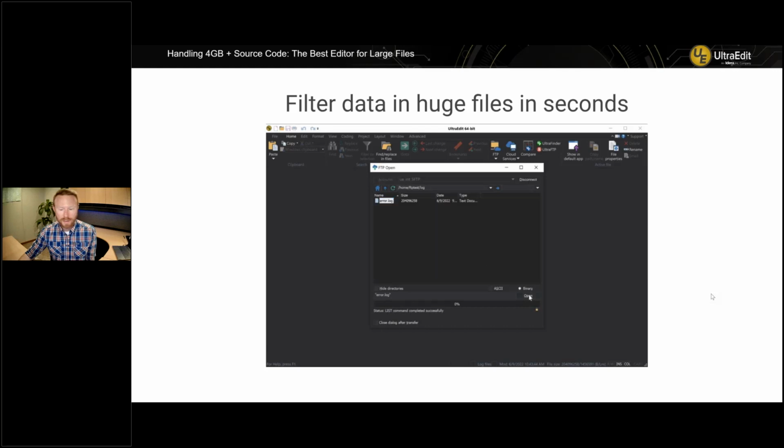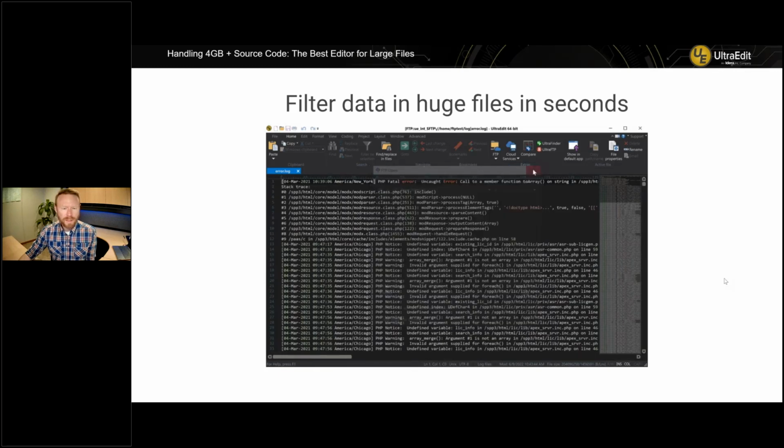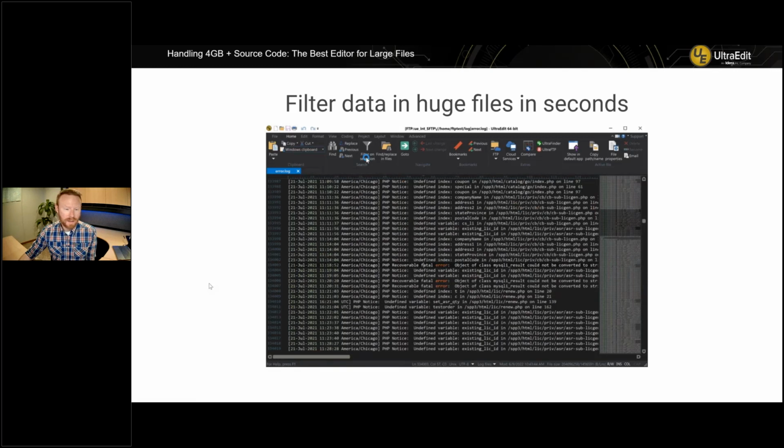You're not just limited to this particular method for connecting to FTP servers, but I'm downloading, I think it's around 200 megabyte server error log file. And what I'm going to do here is I want to filter this file based on the string error. So I've selected that, and then I'm going to click the filter button up here, and I'll let it process for a few seconds. And it's going to hide all of the lines and only show me lines that contain